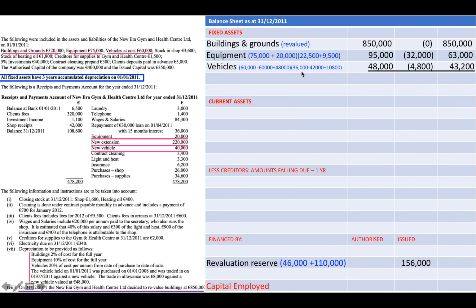Then our accumulated depreciation. So our accumulated depreciation for 3 years was €36,000. Then what we do is subtract the depreciation on the old vehicle that was sold, which is €42,000. And then you add the depreciation charge for the year, which is €10,800. So altogether then, your accumulated depreciation is €4,800. So net book value there, €43,200. The next asset here that we're going to have at the end of the year is our 5% investments,